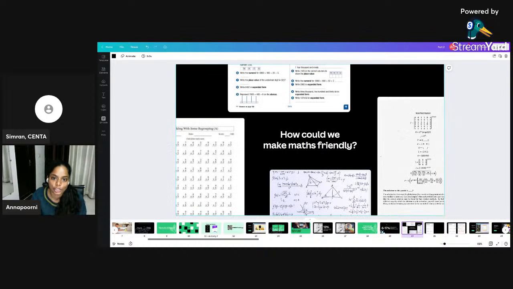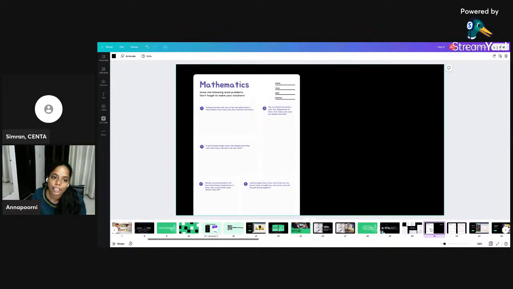Look at these worksheets. Don't they feel really complex and scary to you? Maybe the maths teachers don't feel that way, but most people feel that way. I'm feeling scared just looking at them. Okay, because they are complex, there are numbers, there are drawings, and it's scaring me. Okay. Now, how can we make that more fun?